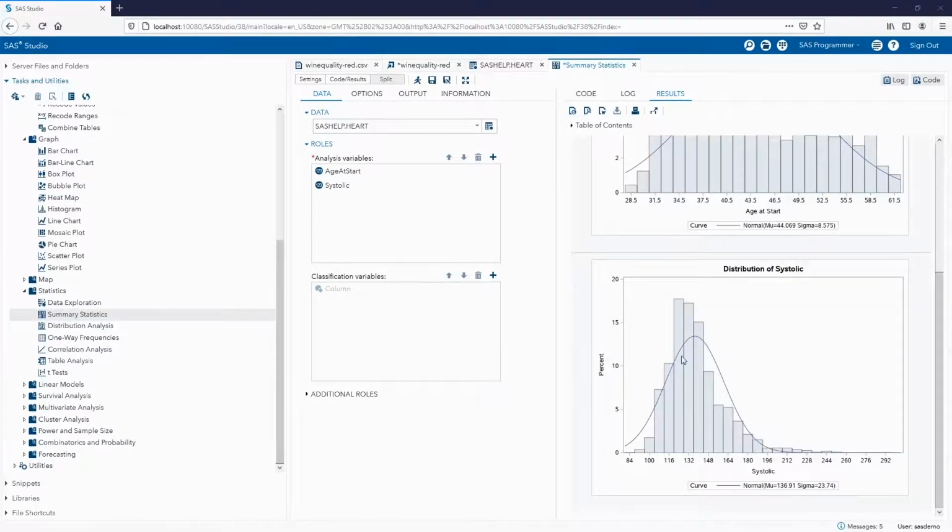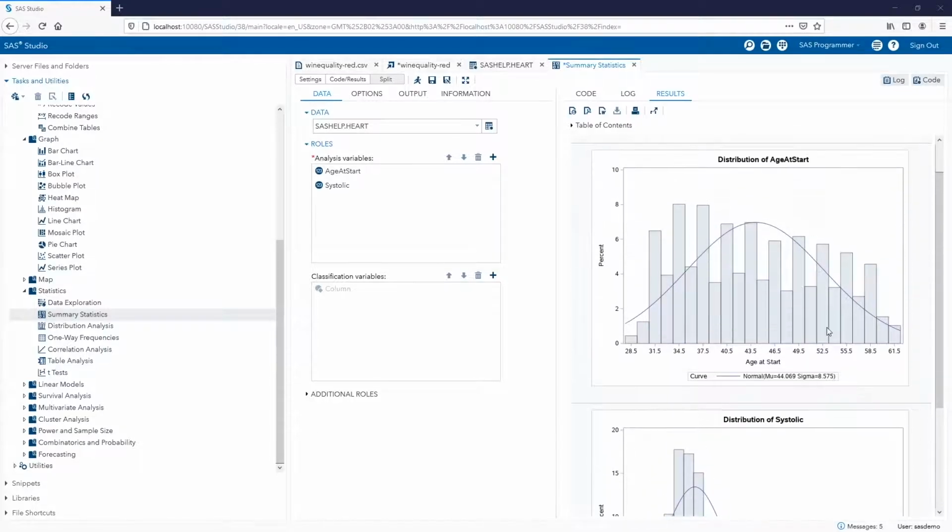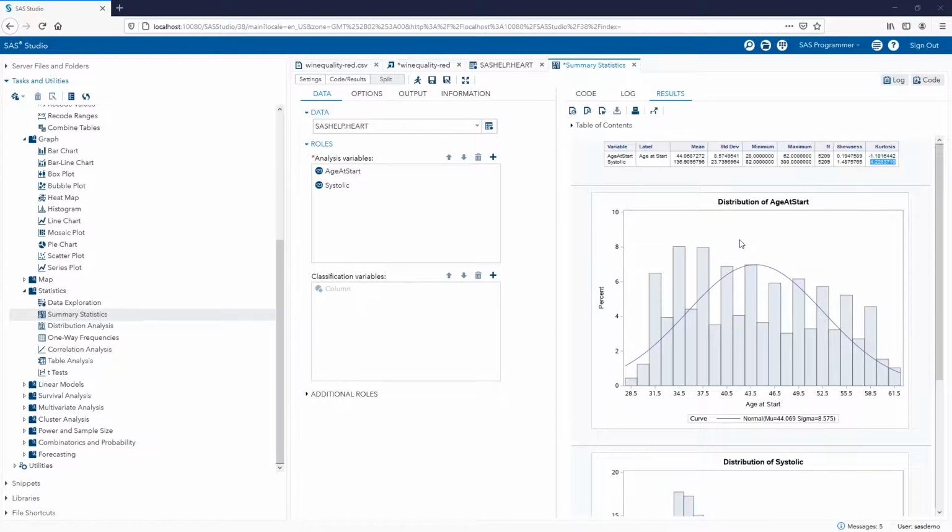And then just something interesting to note about the age at start variable is that the minimum value is 28 and the maximum value is 62. But considering these values logically in a real life scenario, we do find patients that are older than 62 with these specific heart conditions. So it appears as if this particular study sample of the data set had decided to cut off the minimum and the maximum age.